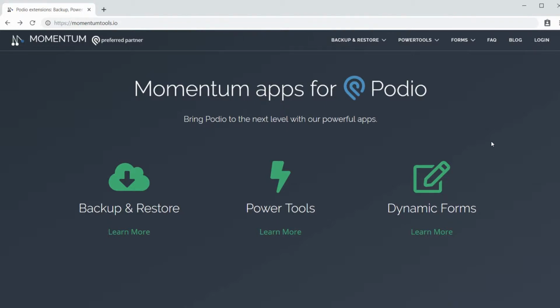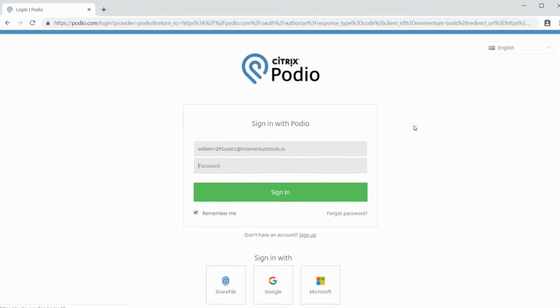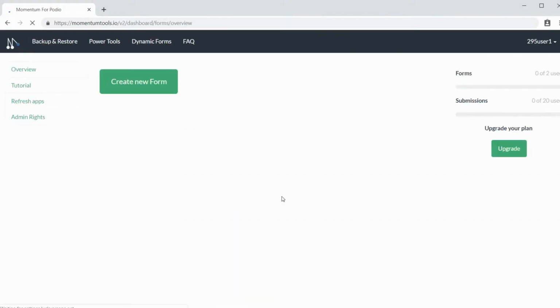to create your first web form with Dynamic Forms for Podio. To get started, go to momentumtools.io and click on the login button in the top right corner. If you're not yet logged in to Podio, we will ask you to log in to connect to your Podio account. Once you're logged in, you can go to the form overview page by clicking Dynamic Forms in the